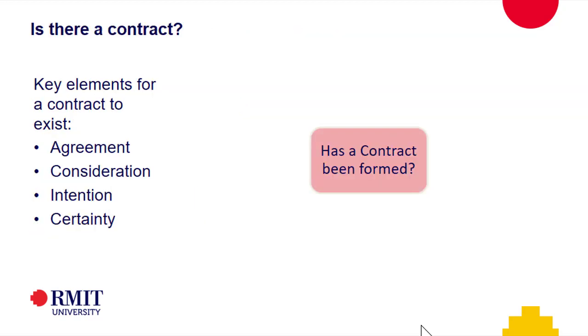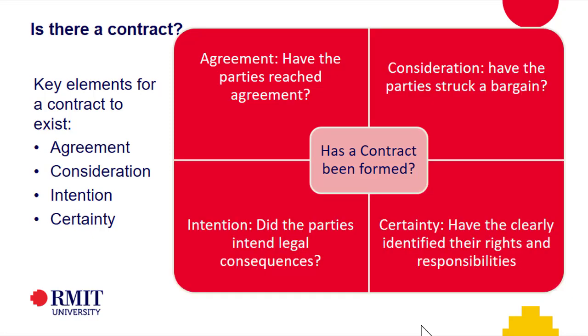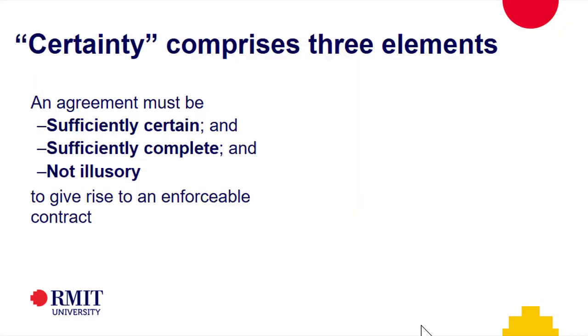So we're still at that first stage here. So let's remind ourselves again. I've just spoken to that. And this is where I wanted to get to. These 3 elements of certainty. Is the agreement sufficiently certain? So do we know what the terms are? Do we know what the offer was? Is it sufficiently complete? Is there anything missing without which we can't have an agreement?